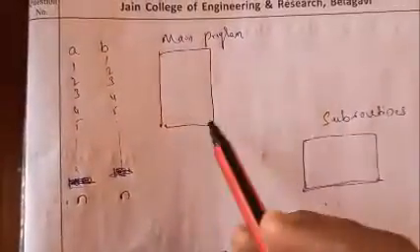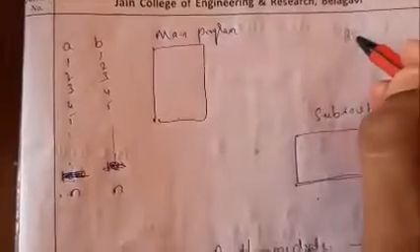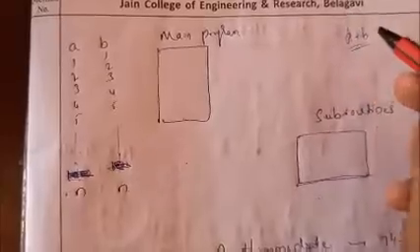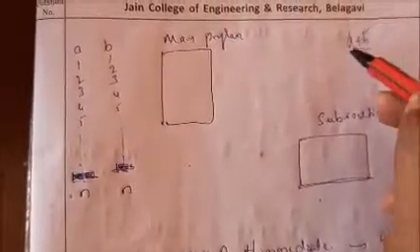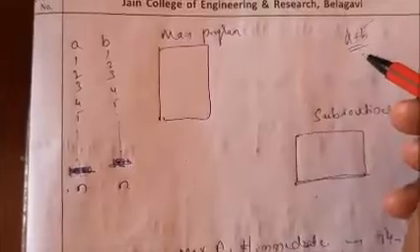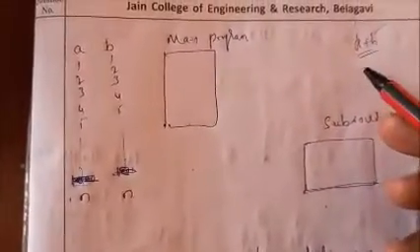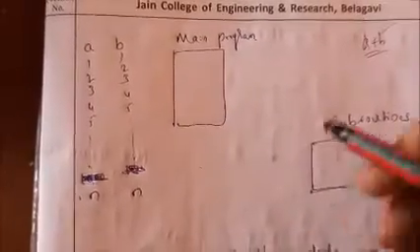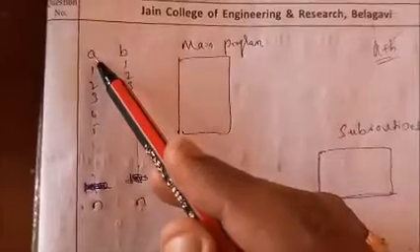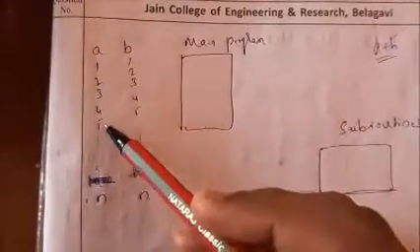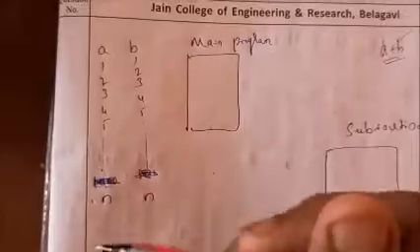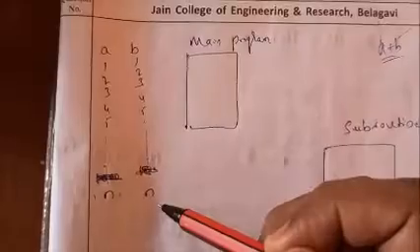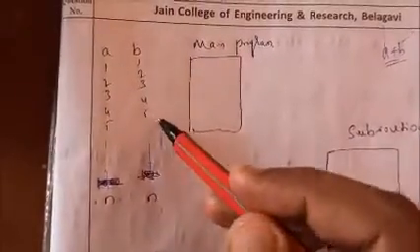But the intention of this program is to perform something like A plus B. I will give some set of values for A and some set of values for B, and I want to perform the addition. If I give only two or three values, that is sufficient for the main program; I can finish it, no problem. But sometimes, if I give values for A as 1, 2, 3, 4, 5 up to N, some maximum number, and also N values for B, what will happen?